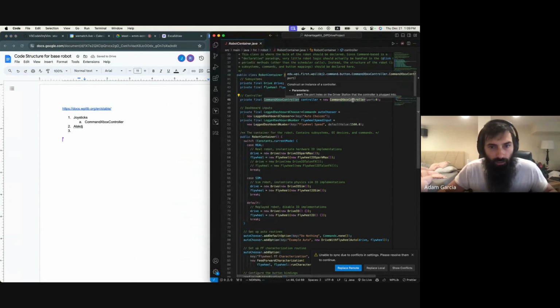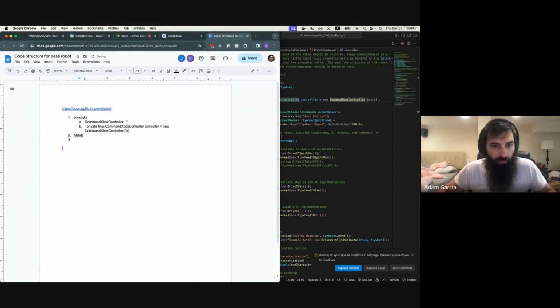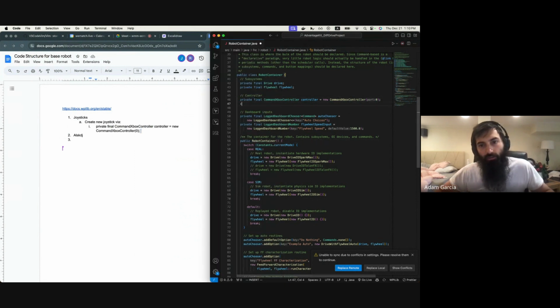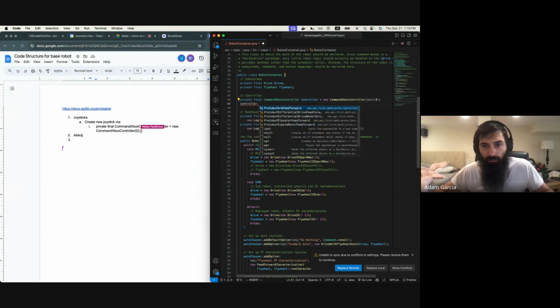Okay, so you can instantiate using create new joystick via this. Something like that. And once you've created that joystick, you can do controller dot,